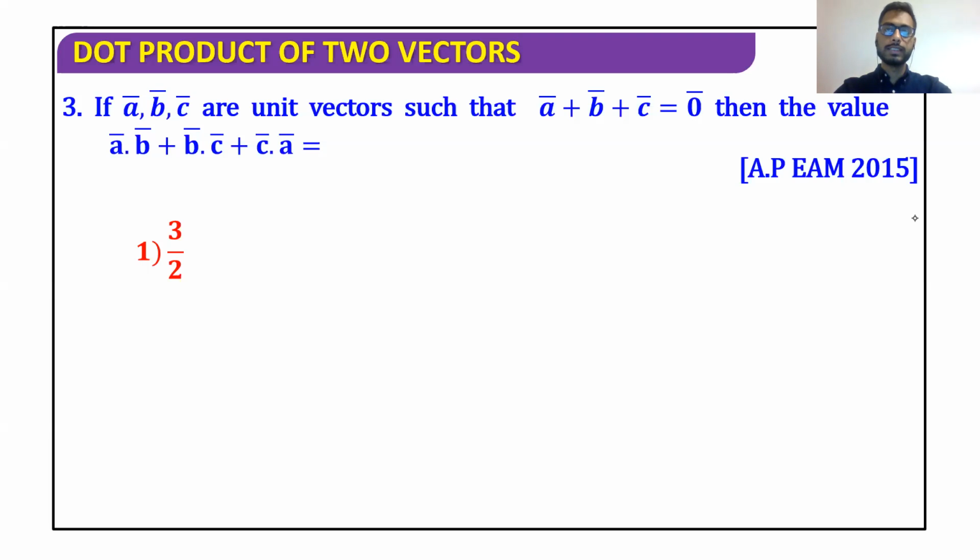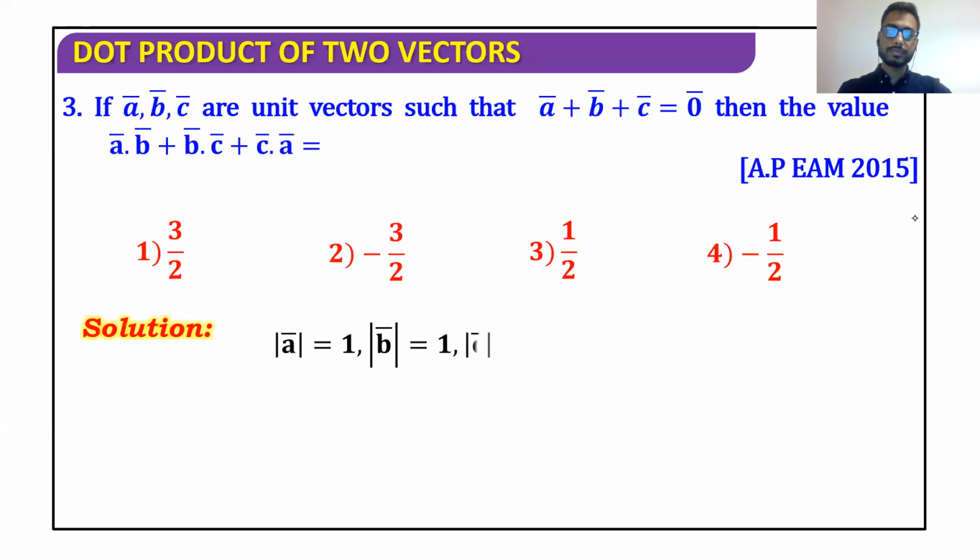The given information is A plus B plus C is equal to 0. So if I square on both sides, I'm going to get A plus B plus C the whole square is 0, and then expand the bracket. Expanding the bracket, A plus B plus C the whole square is also equal to A square plus B square plus C square plus 2 times AB plus 2 times BC plus 2 times CA. Take 2 common, and the term that we need, A dot B plus B dot C plus C dot A, we can get that answer. So let's see the solution for this one.